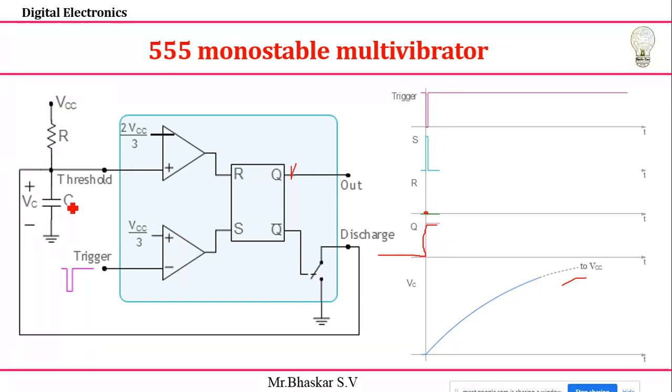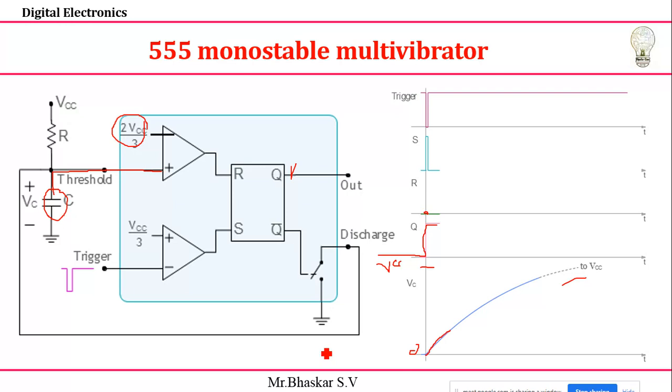Now the capacitor starts charging. So what is the maximum voltage I can charge to? This capacitor voltage I'm going to connect to the non-inverting terminal of the upper comparator and compare with 2/3 of VCC. It will start charging from 0. For example, if the maximum value is VCC, it starts charging from 0, 1, 2, 3, 4, 5. I already took 2/3 of VCC, so if you take 5 volts you will get 3 volts. It will be charged up to 3 volts. If you get 3.3 or 3.4, I need to stop the process. That is my intention.